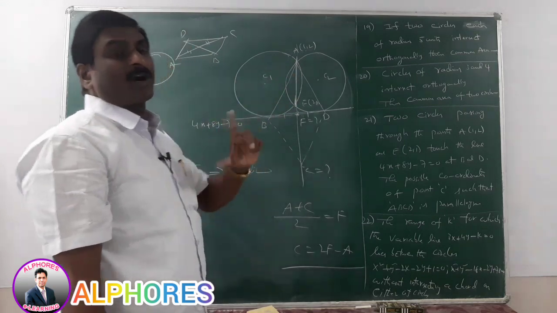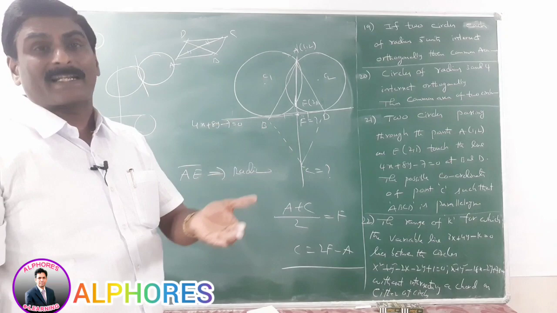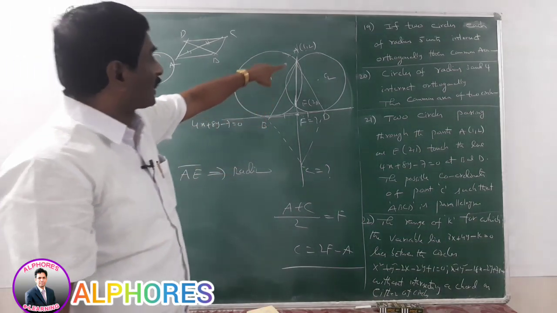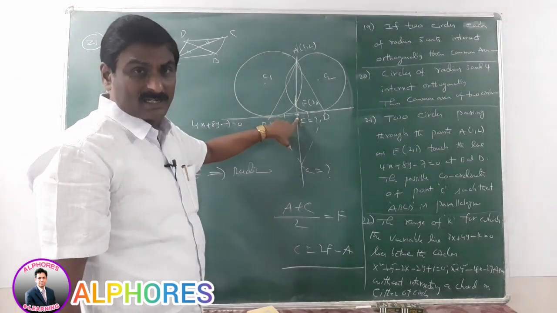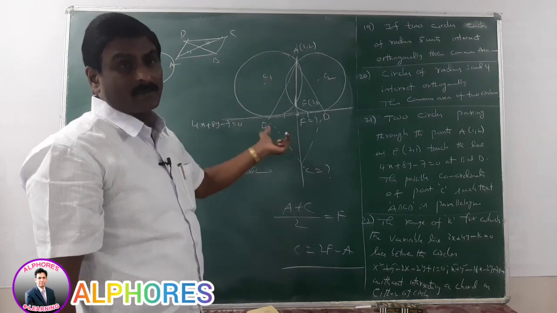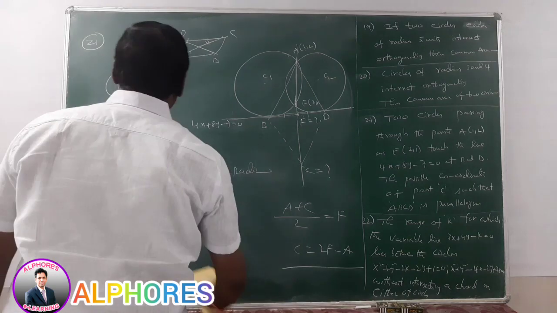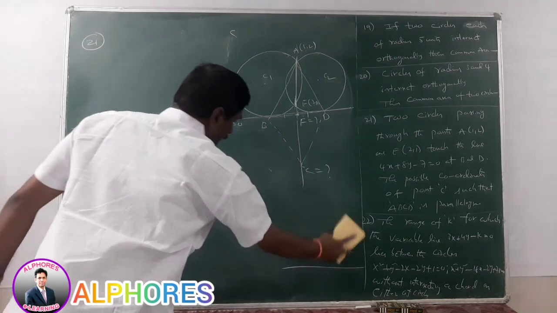If two points are given, what is the equation of the line? y minus y1 is equal to m into (x minus x1), that means (y2 minus y1) by (x2 minus x1) into (x minus x1). By using that property, we find the equation of the radical axis. F is the point of intersection of the diagonals. If the midpoint is given, what is the other endpoint? C is equal to 2F minus A. By using that property, we find C. Very, very important. Please note the diagram.